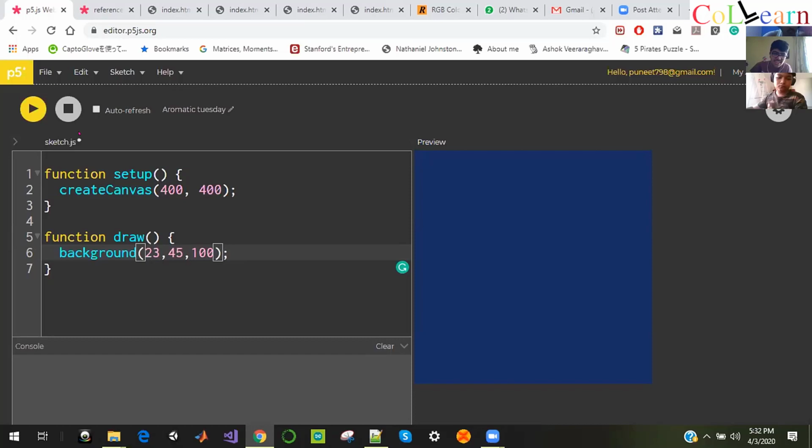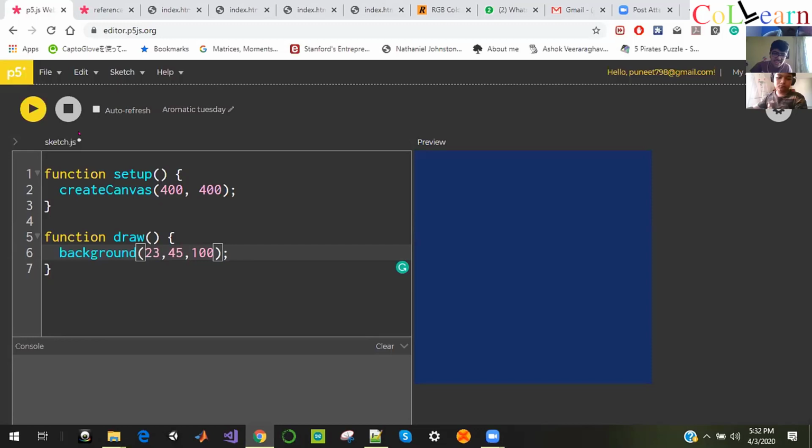Yeah, Manish is right. We are using RGB for making different colors here. So the first number that you have typed is the quantity of red. When you type any number between 0 to 255 for going from black to gray, the numbers represented the colors.